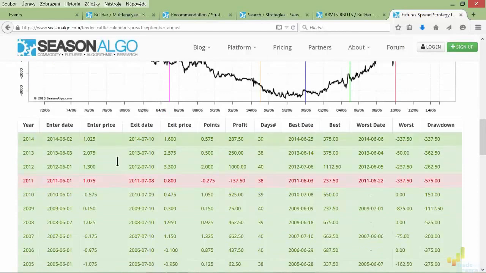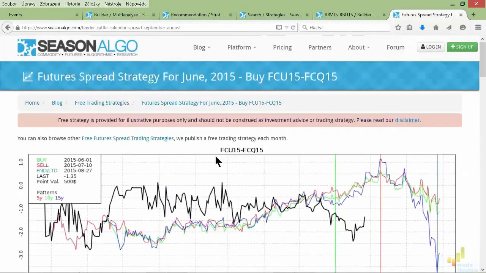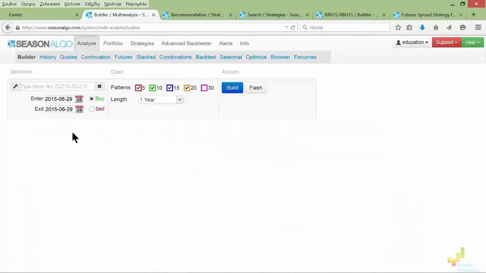And underneath, we can see the backtest, so how this spread developed in particular years. Last year, for instance, there was a profit of $287.5 per contract. So this is what we can work with in case we didn't subscribe to SeasonAlgo. However, in case we logged in, we would get to this screen where we can